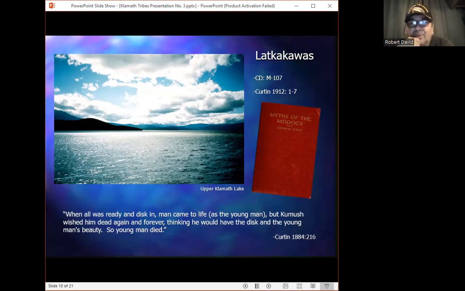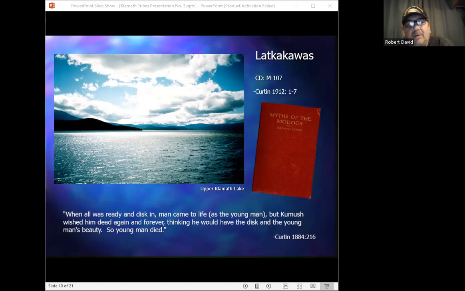But Kamokamsh, being who he is, envious of the sun disk's power of resurrection, and of course of its dazzling brilliance, well, he wanted to keep it for himself. And so he immediately willed the blue young man dead again. Well, grief-stricken, Lakakawas strapped the child to her back and attempted to jump into her lover's cremation flames.